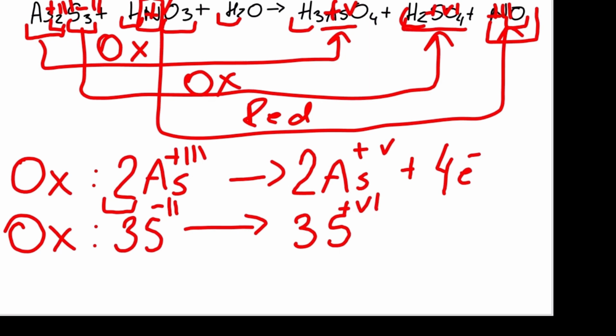So from -2 to +6, how many electrons is that? 8 electrons, of course, only for one atom of sulfur. We have 3. So we have an enormous number of electrons: 24 electrons. Okay, so let's write the last reaction. In the reduction reaction, we have